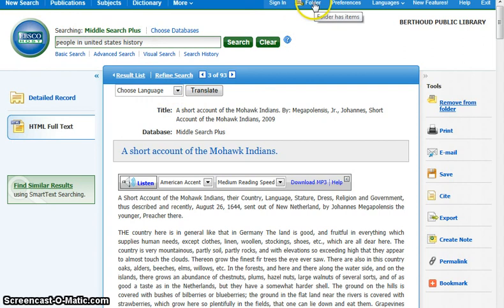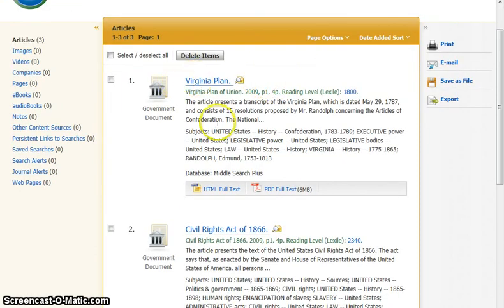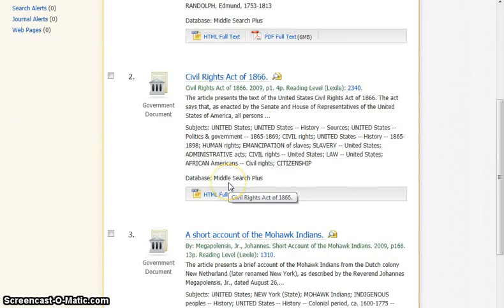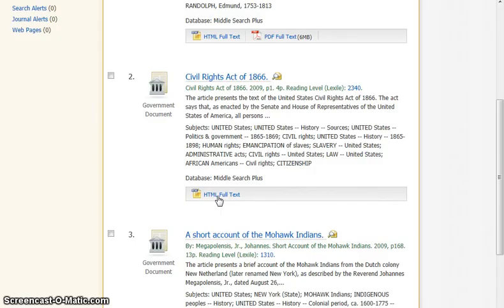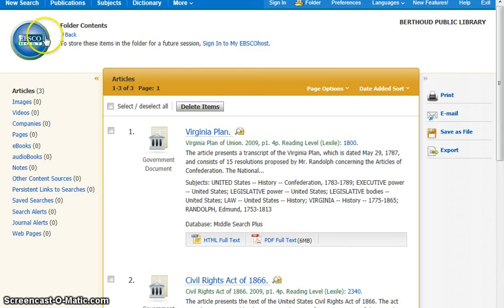Then we'll take a look at our folder and see what we have. We should have 3 articles, I believe, in here. Yep, 1 of 3. So the ones that we wanted to go back and look at later are still there, and we can look at the full text. We can look at this one as a PDF. This one is only available as HTML. But, so that is using our database